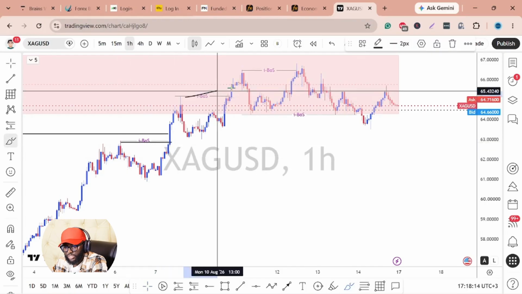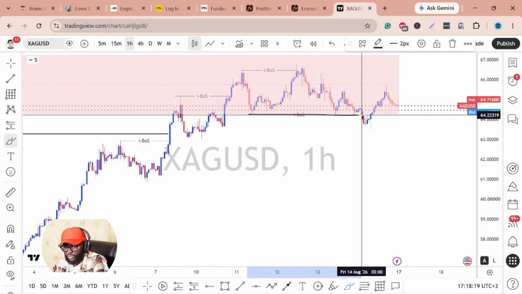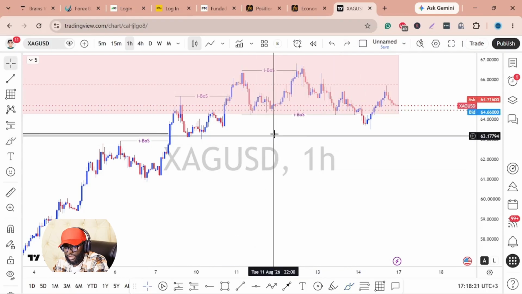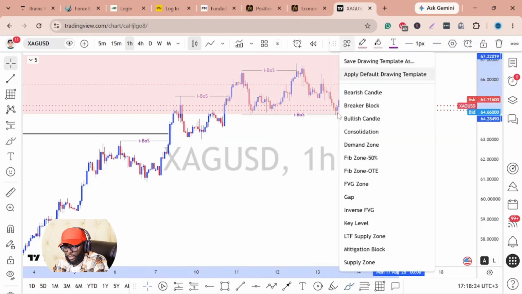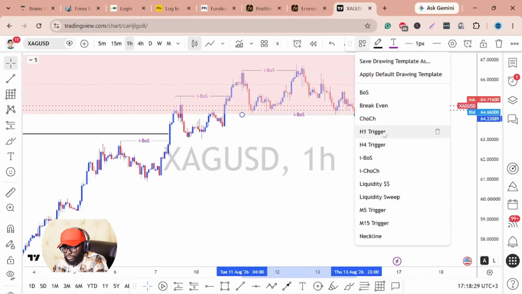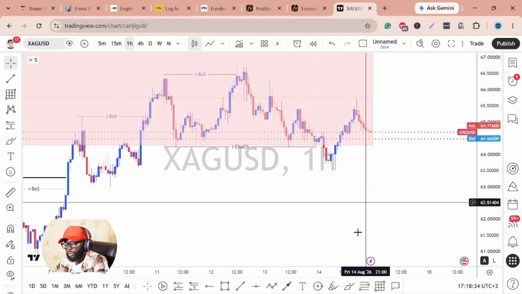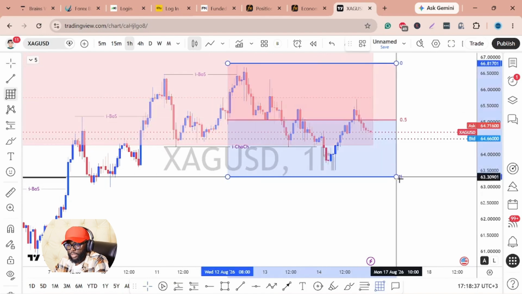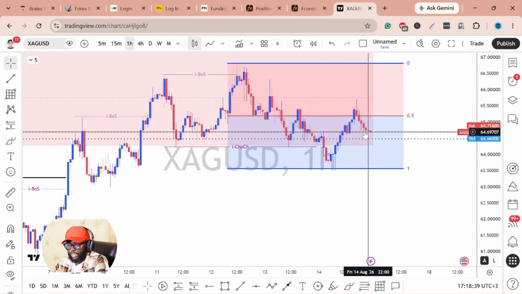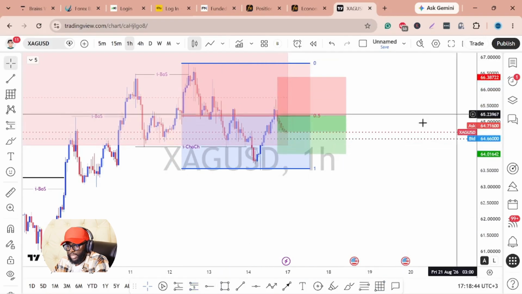So we have a break of structure, another break of structure, and just as the week was concluding, we had a change of character over here. So this should be a change of character. Now once we had this internal change of character, it signifies that price is willing to go lower. So pulling off the fib from this high to this swing low, price is already reacting on the 50% zone, and this is actually my signature setup model.